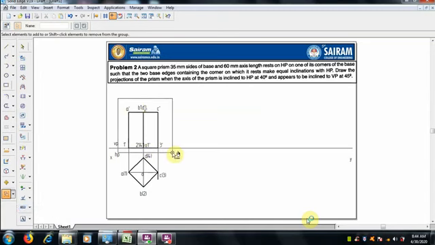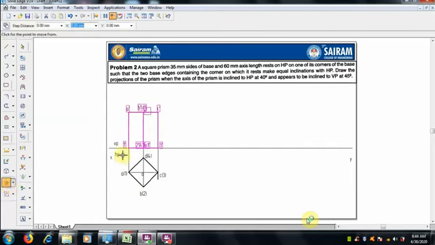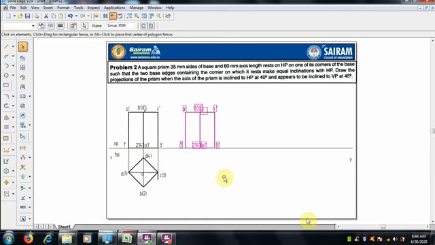For the second position, we have to move the front view of the prism. It should be grouped first so that it can be moved totally, and it should be moved with a copy command. If you do not copy, then the original will be moved, so make a copy of it. Next, we will keep it at some distance.